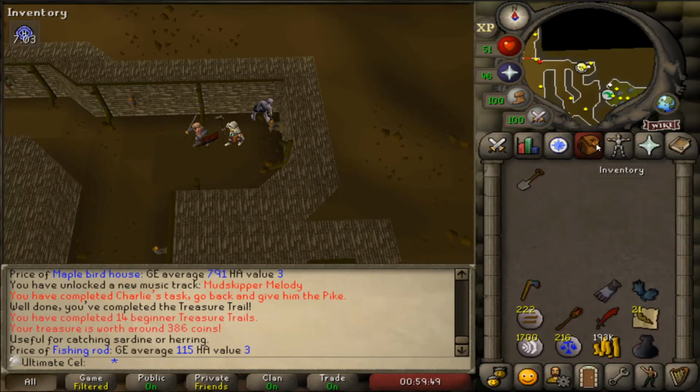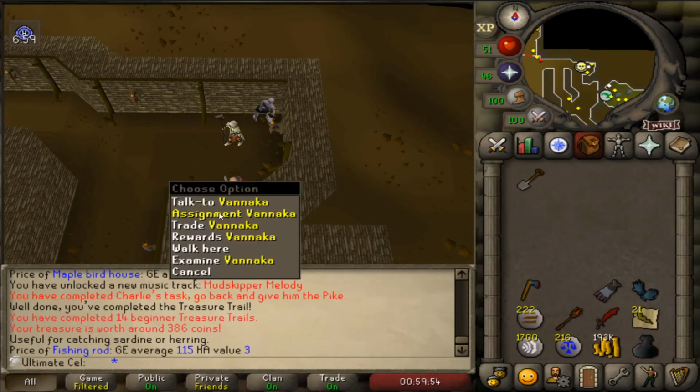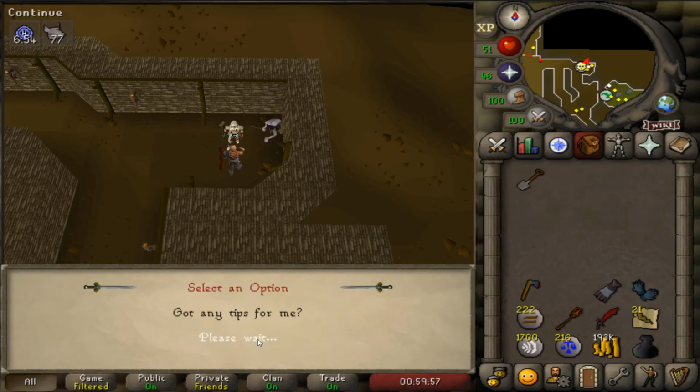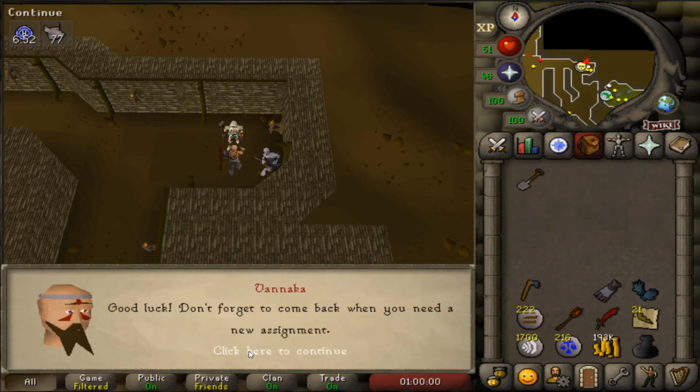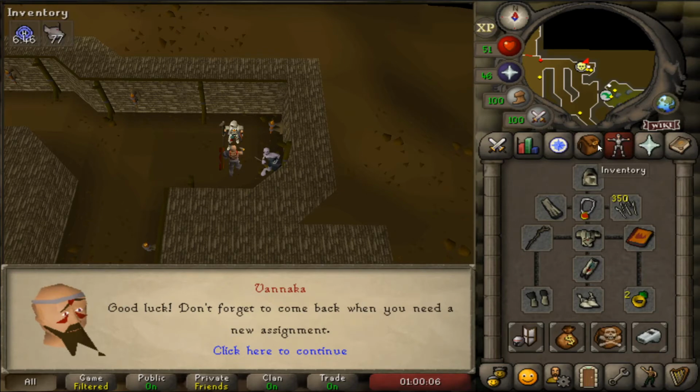Looks like I need another task, and I'm not 70 combat yet, so I gotta go to Vannaka. Hopefully it doesn't screw me over, please. Oh, that's actually a very solid task. I am completely okay with that. Don't know how many I'll need to kill, or whether I'll do it right now even. I guess I probably will, but